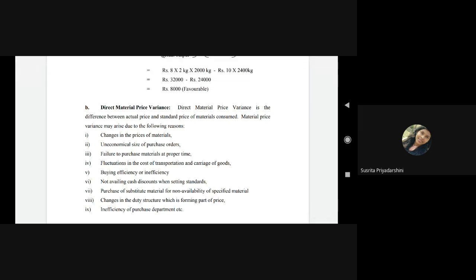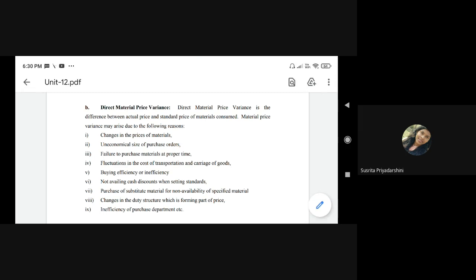तो अन-इकोनॉमिकल लॉट परचेज ऑर्डर हो जाएगा तो भी हमारा प्राइस वेरिएंसेस आ सकते हैं। नेक्स्ट, फेलियर टू परचेज मटेरियल्स एट प्रॉपर टाइम। इसका मतलब क्या हो गया, बहुत सारे ऐसे भी हमारे बिजनेसेस हैं जो सीजनल प्रोडक्ट के ऊपर ही चलते हैं। तो इसका मतलब ये हुआ, अगर हम पोटैटो चिप्स मैन्युफैक्चरिंग कंपनी हैं, तो पोटैटो के लिए एक हार्वेस्टिंग सीजन है। तो अगर उस हार्वेस्टिंग सीजन में हम परचेज करके उसे स्टोर करके रख लेते हैं तो हार्वेस्टिंग सीजन में उसका कॉस्ट बहुत नीचे आ जाता है। तो अगर उस हिसाब से हम परचेज कर लेते हैं और स्टोर करके रख लेते हैं तो हमारा जो इन्वेस्टमेंट होता है मटेरियल कॉस्ट के ऊपर तो वो कम हो जाता है।